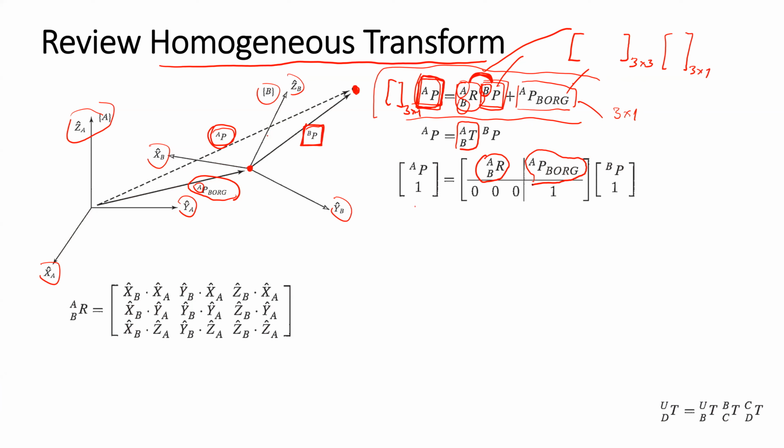And finally, we can relate the position observed in the frame B and the position observed in the global frame A. And also we know that maybe we can find the inverse. We also derived the inverse of the homogeneous transform. And for example, if we know this,